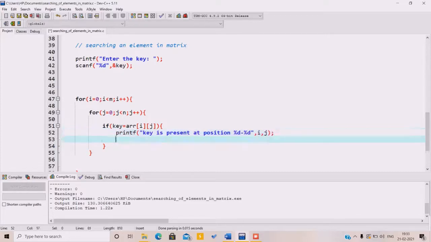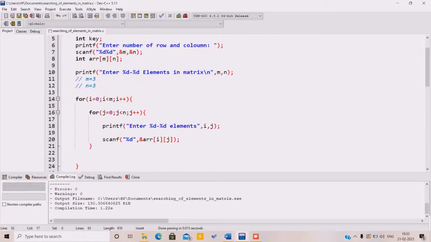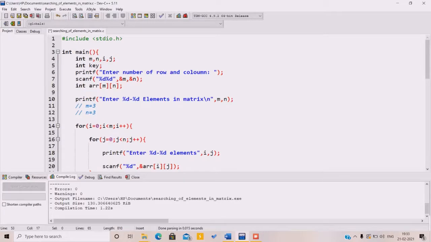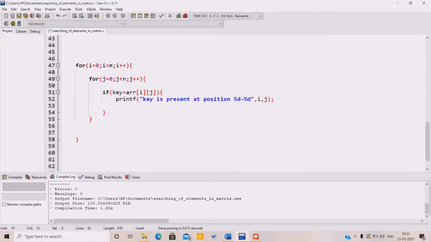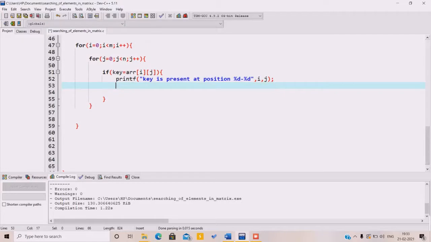And again, let's use another variable for count, because if the element is not present, for this purpose we use a count variable and initialize it to 0. And if the number is found, then just increment the value of count by 1, or count plus plus, so that we indicate that the element is found.